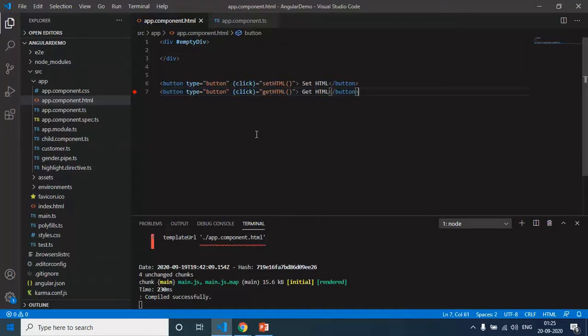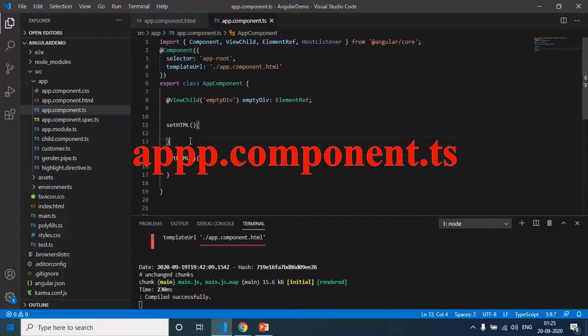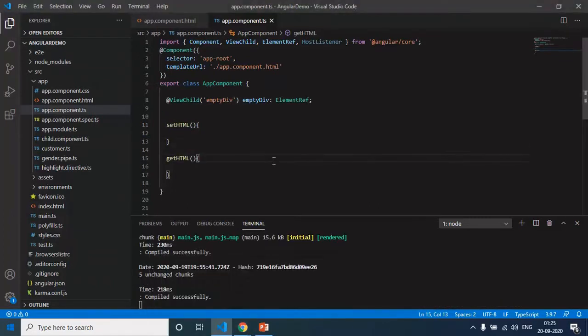What I want to achieve here is, when I click on the first button, I want to set the HTML in this div. When I click on the next button, I want to get the HTML that is inside the div element. For both buttons, I have set the setHTML and getHTML methods that I have already declared in the app.component.ts. Let's run this example and see how it looks.